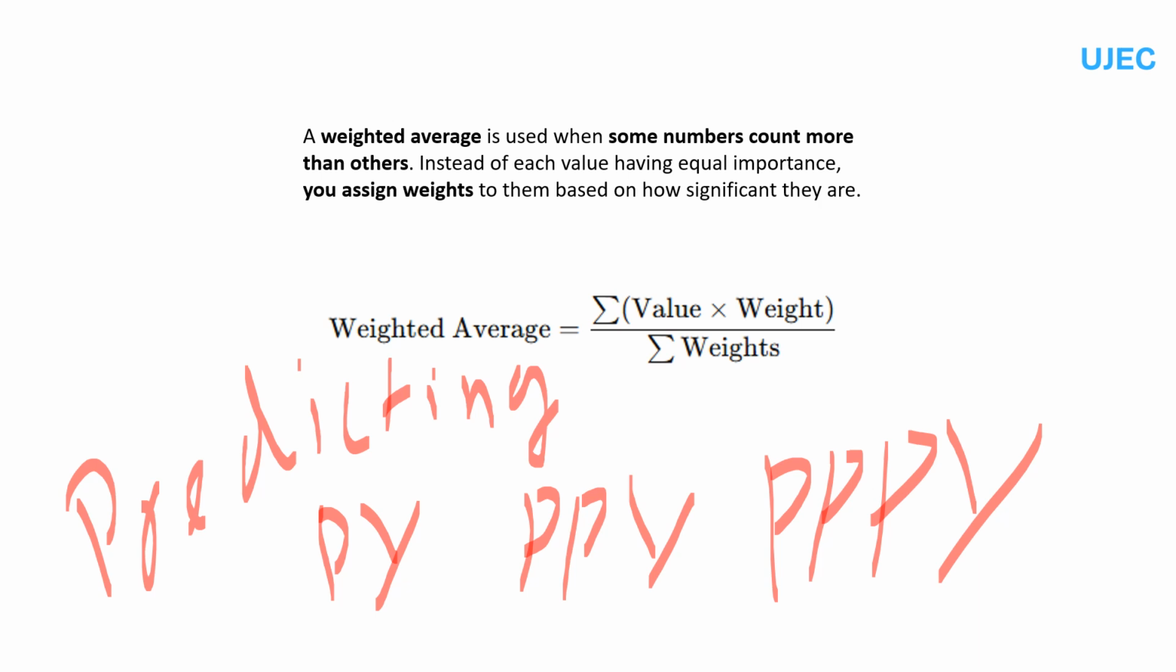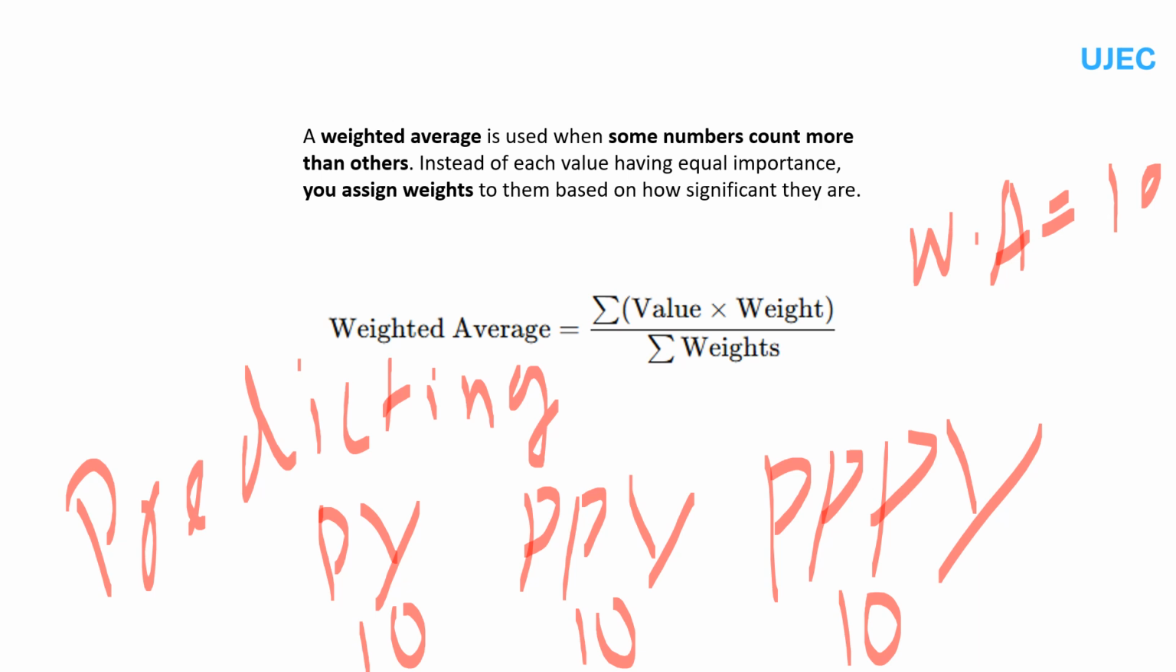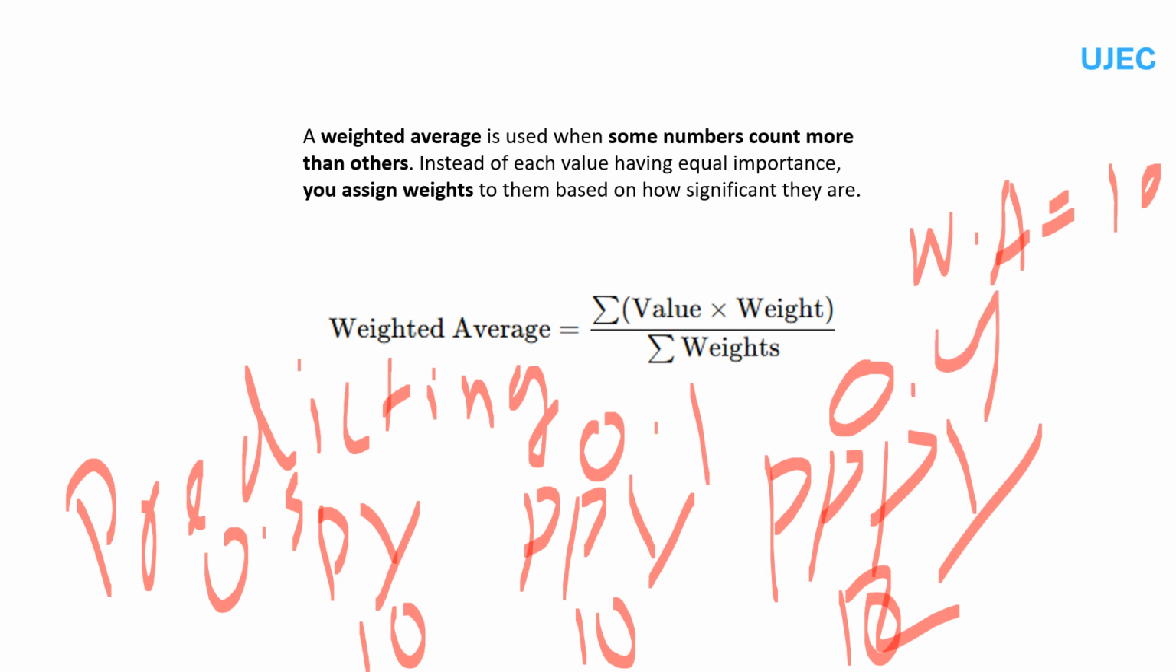That is, if there has been a sale of 10, 10, and 10, then the weighted average will not be equal to 10, because the weights that we will be assigning to the previous year will be 0.5, and this will be 0.1, and let's make it 12. This will be 0.4. Now the average will be calculated such: 0.5 into 10 plus 0.1 into 10